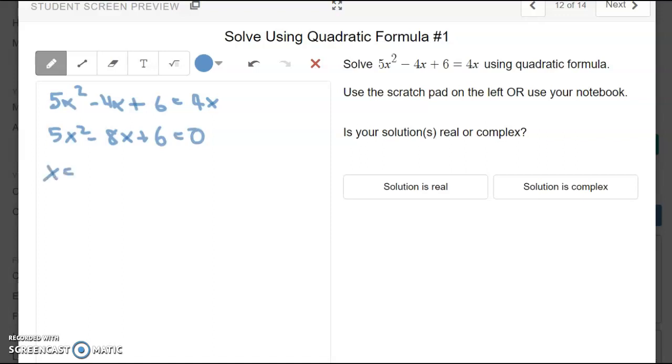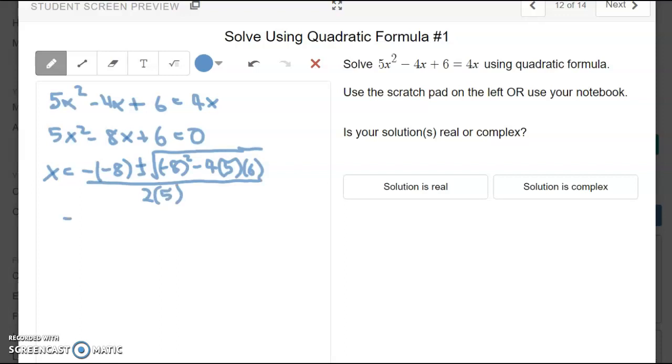X is equal to negative b, so it's going to be negative of negative 8, plus or minus the square root of b squared minus 4ac, all over 2a. Okay, so then that simplifies to negative of negative 8, which is positive 8, plus or minus the square root of negative 8 all squared, which is 64, minus 4 times 5 is 20, 20 times 6 is 120, all over 10,